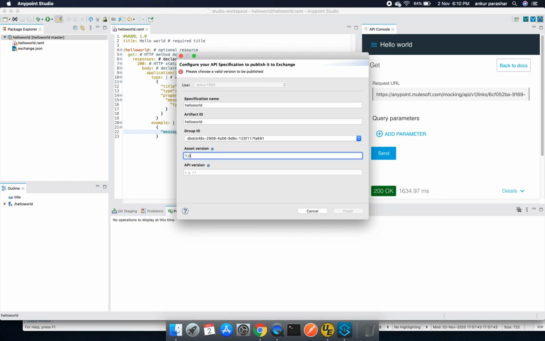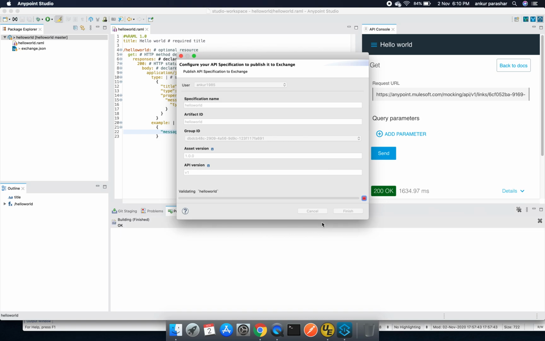Version 1.0, API version v1, 0.0 maybe. Yep, major, minor and patch. Click on finish and it will start validating, and then after that it will push onto the Exchange.